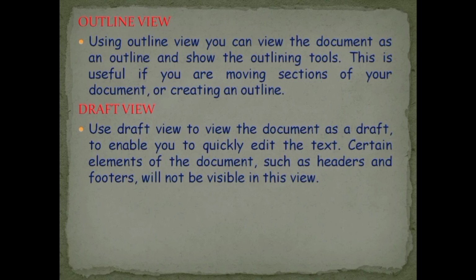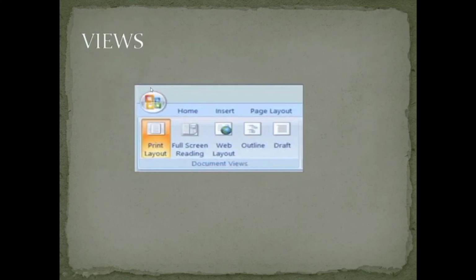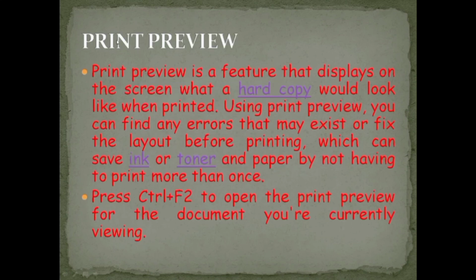In the print layout view, physical pages and breaks are drawn. In the draft view, a document is displayed as continuous text. Page breaks are denoted by dashed lines. Here, repagination occurs as soon as the user composes the text. So this is an ideal view to use on slower computers. So here you have seen the different views like print view, full screen view, web layout view, outline view and draft view.